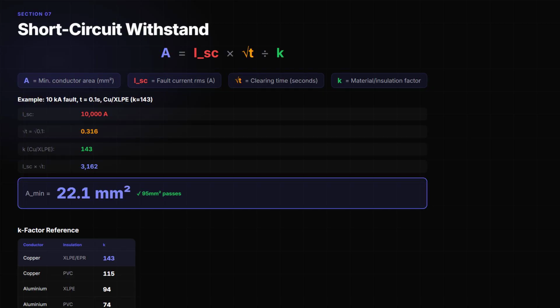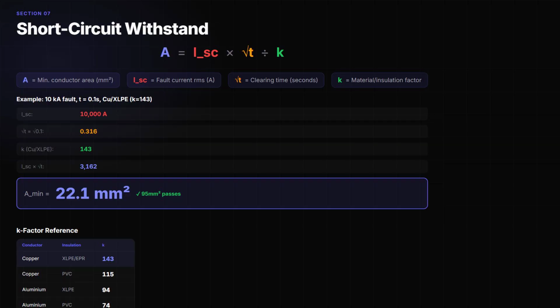For copper conductors with XLPE insulation, K is 143. For copper with PVC, K is 115. For aluminium with XLPE, K is 94. As an example, a 10 kiloamp fault cleared in 0.1 seconds on a copper XLPE cable requires a minimum conductor